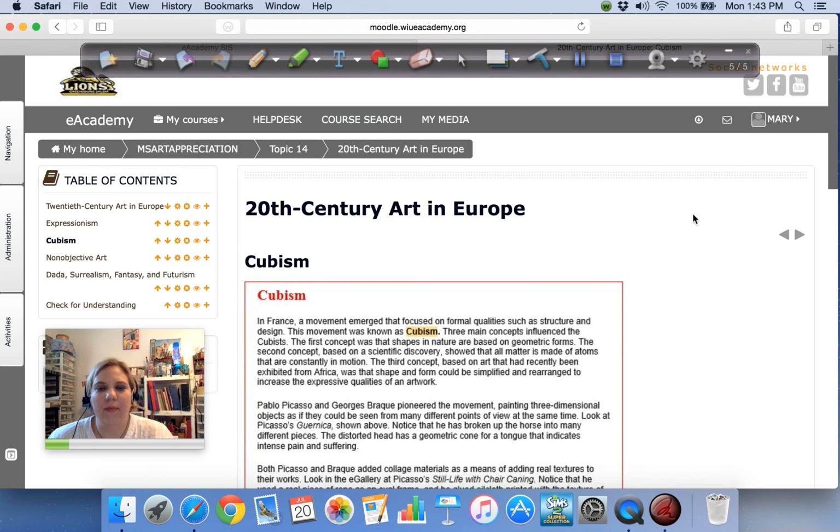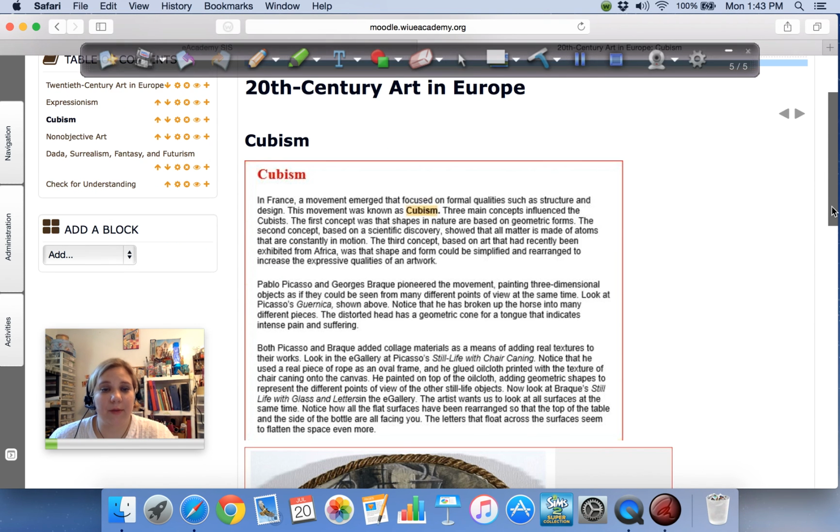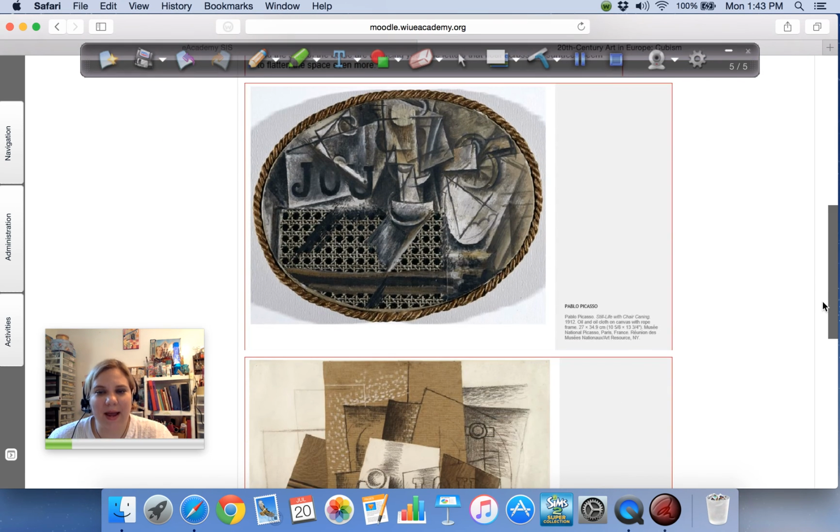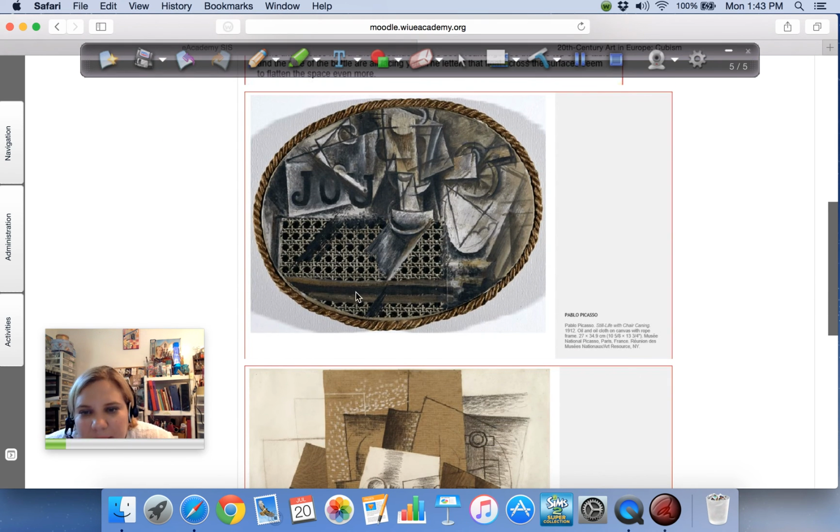Okay, now we are going from shapes in nature that are based on geographic forms, but they are going to look very different. And we have one of the world's most famous artists, Pablo Picasso, a Spanish artist. He was influenced by African masks. This is an early Picasso,